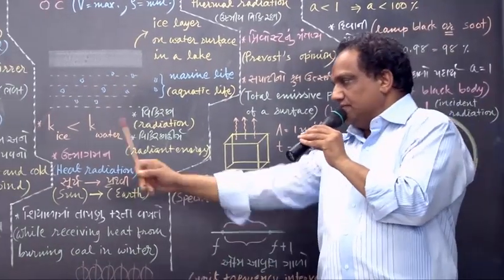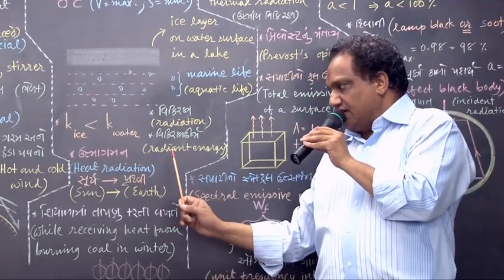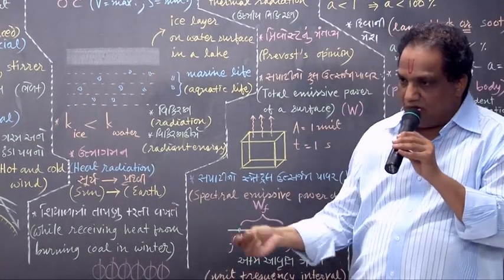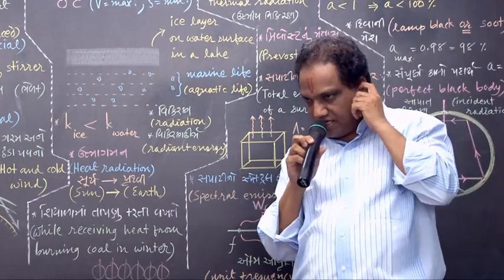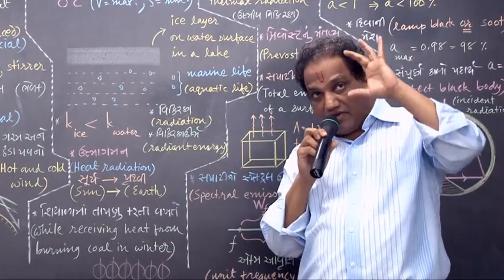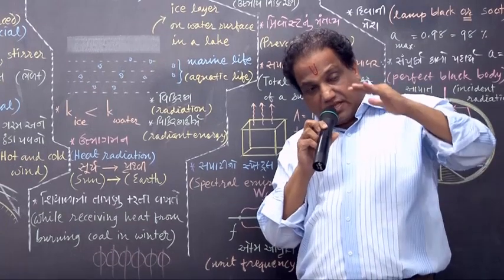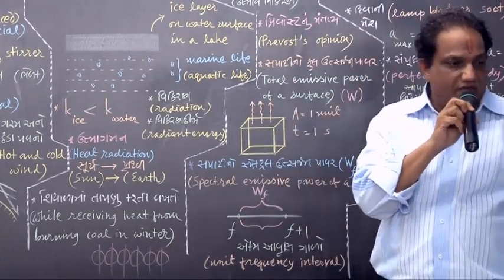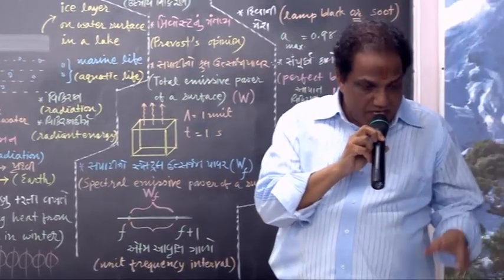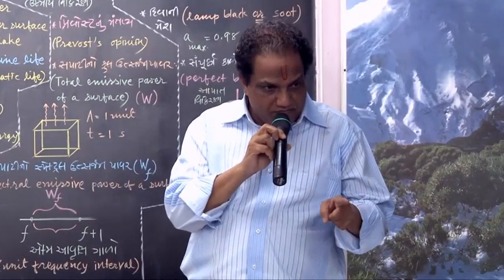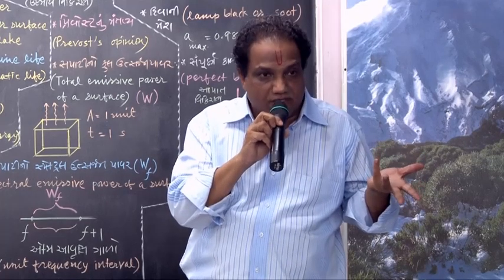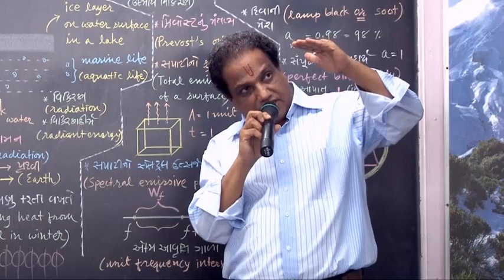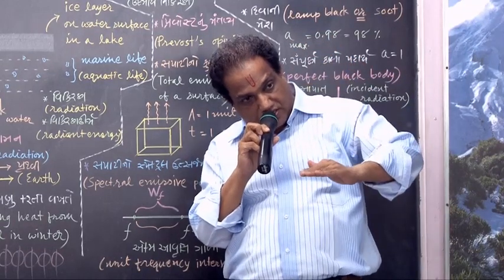And now we go for examples of this heat radiation. From the sun, solar radiation is emitted. But between the sun and the earth, there are lakhs of kilometers which do not have any medium. Absence of every medium, it is nothing but vacuum. But yet, the solar radiation manages to come to the earth.